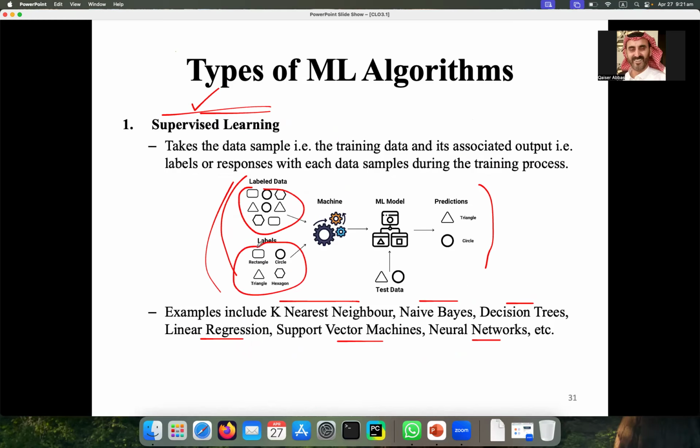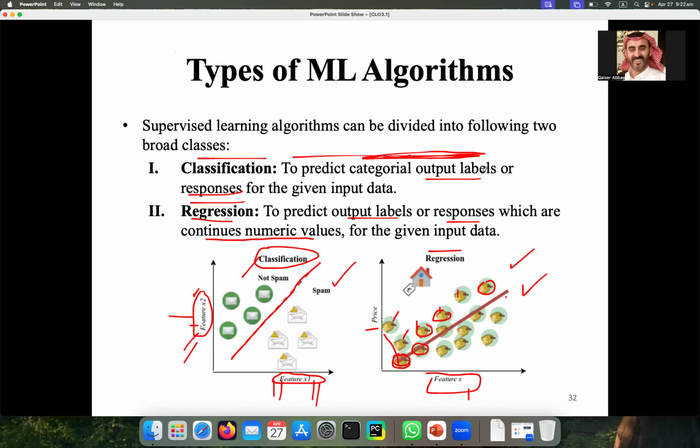You will give them the labels because you want to predict the renting amount of the house. So you will give this information. Then your model will learn, and here it will predict the price of the amount.